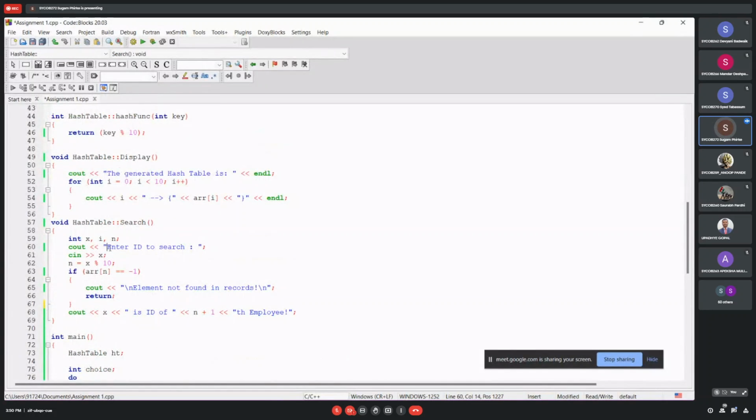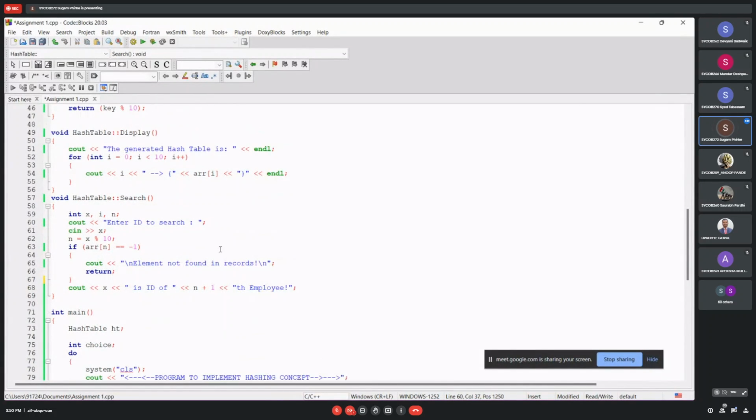For search, we take the ID to search, apply the division method again, get the index, and print the index and the employee number.